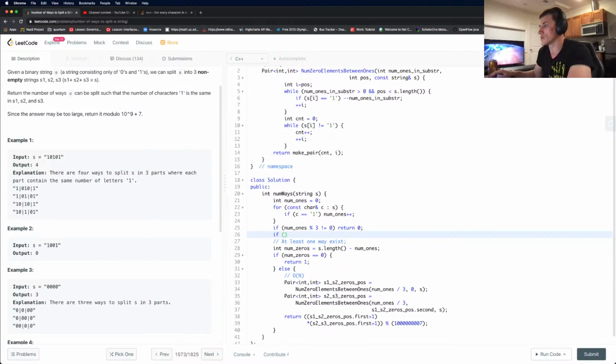If num1 equals 0, return. It should be something like s length minus 3 plus 1 times 2. All right, let's jump to the whiteboard and see if